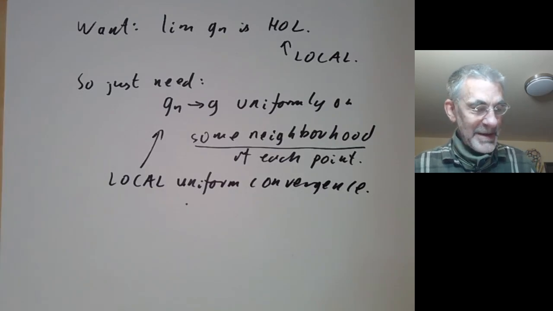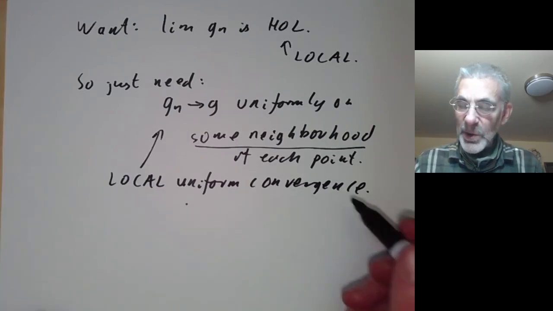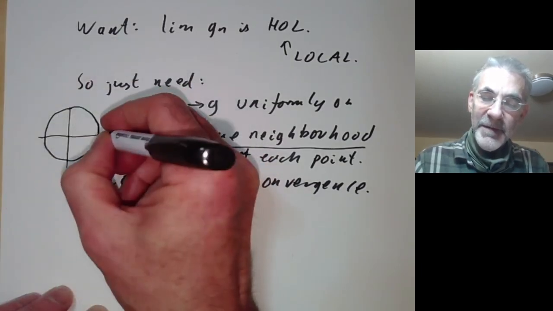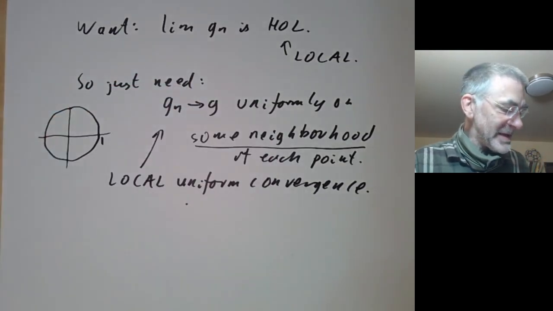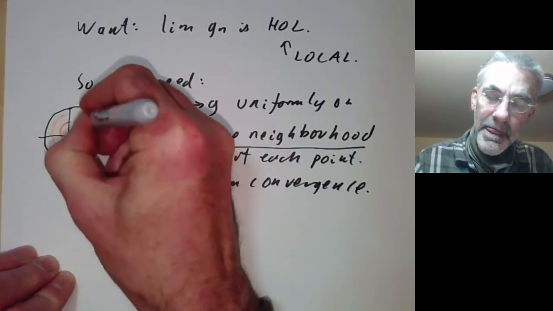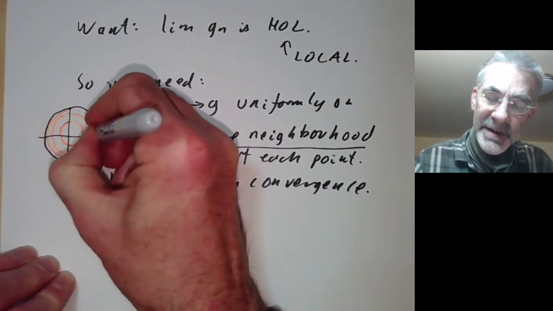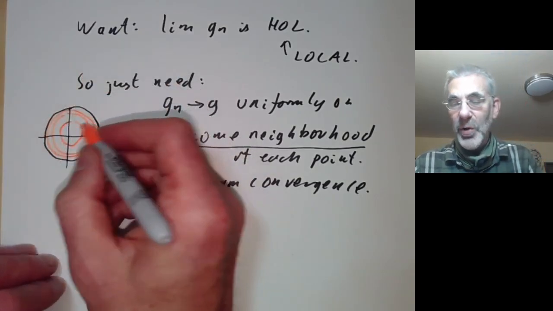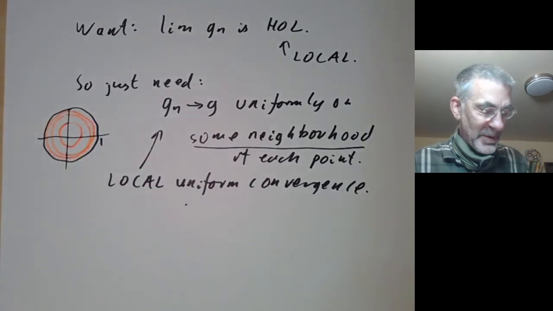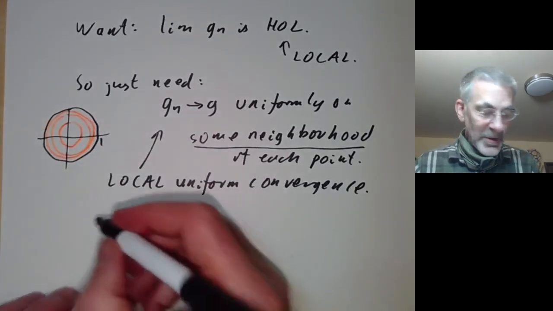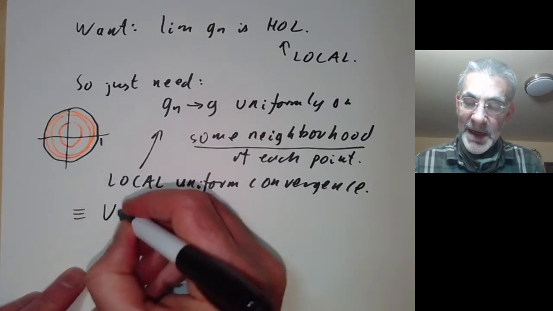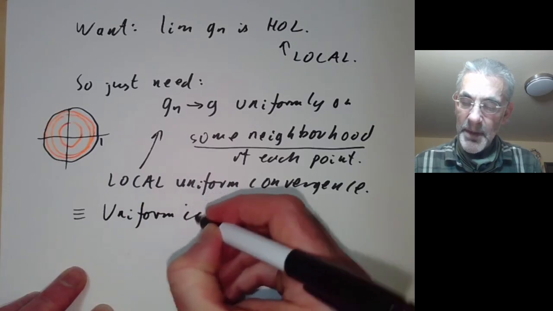And we can see that in the previous example we had local uniform convergence because although we didn't have convergence on the whole disk, we had convergence on all these smaller disks approaching it. So any point is contained in one of these orange disks on which we do have local convergence. So local uniform convergence is, for at least the complex numbers, the same as uniform convergence